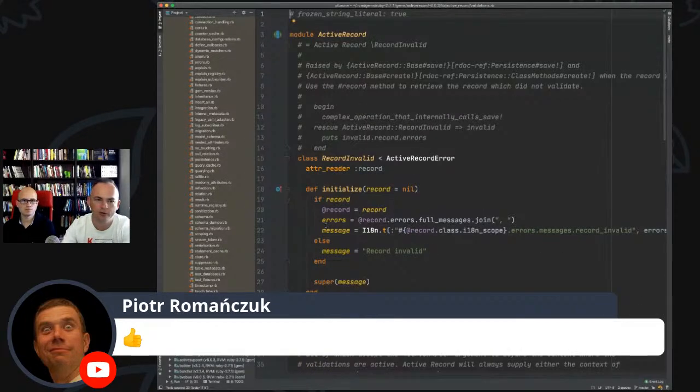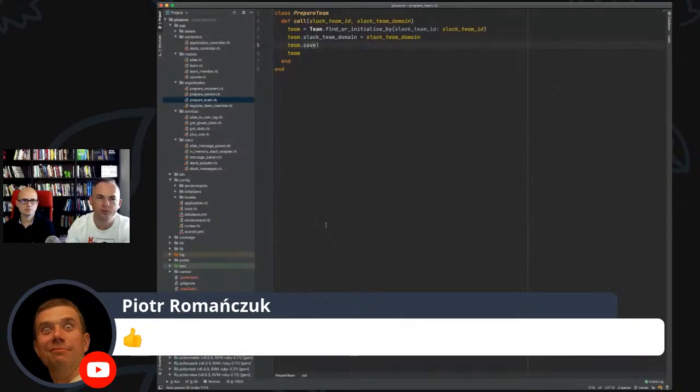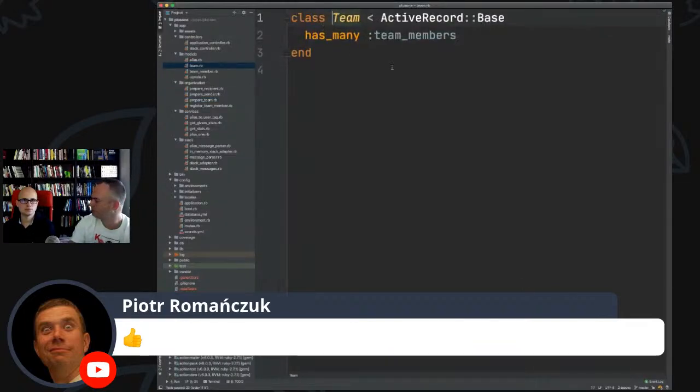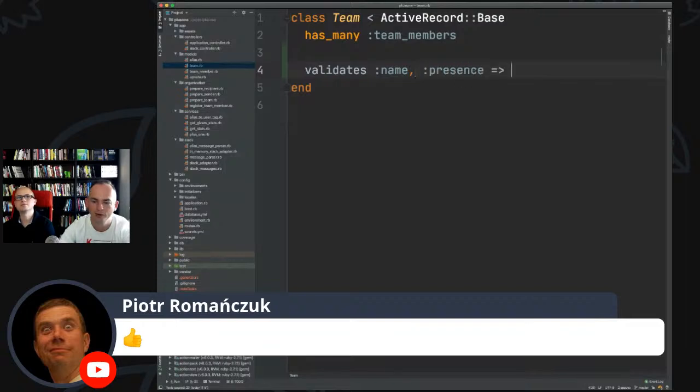So here is prepare team. Team is a typical Active Record class. And here there are no validations, but if there was something like validates name, presence true, then even though you have this validation, you're still able to create Team.new and pass the name like this, and this wouldn't crash.